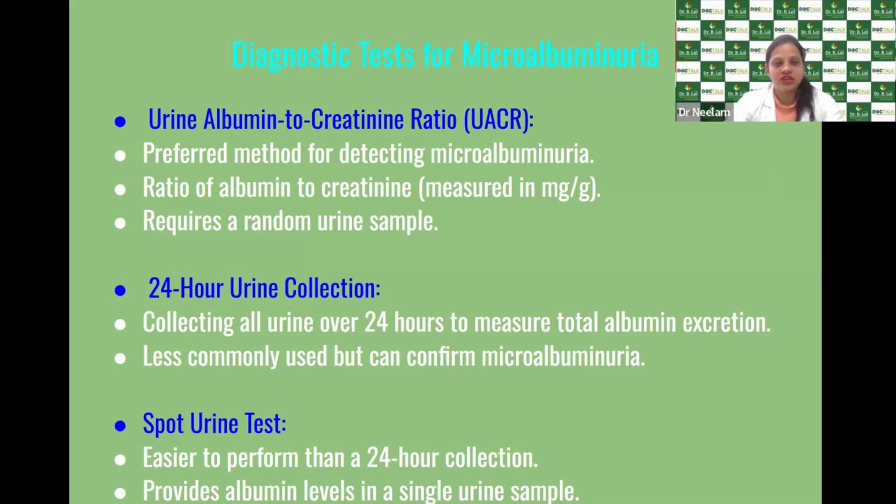Diagnostic test: urine albumin to creatinine ratio. It is the preferred method for detecting microalbuminuria and it requires a random urine sample. We are collecting three types of sample, that is 24-hour urine collection, spot urine collection and timed urine collection. But the best method is spot urine collection. It is easier to perform than 24-hour collection and provides an albumin value which reflects a single urine sample,